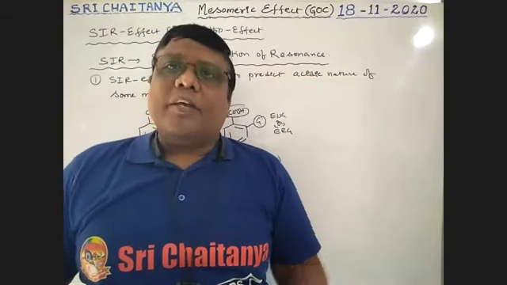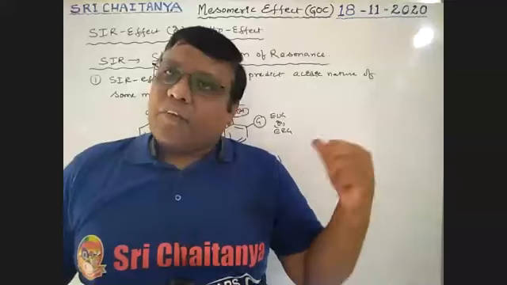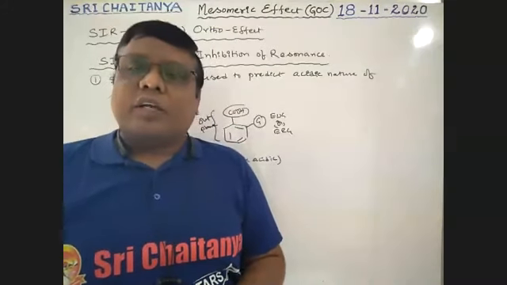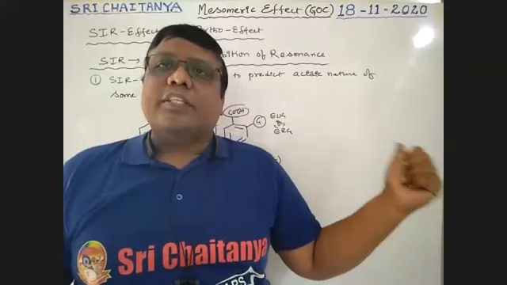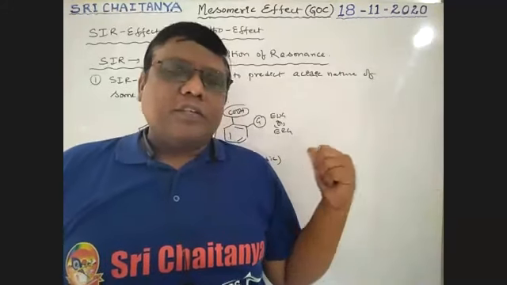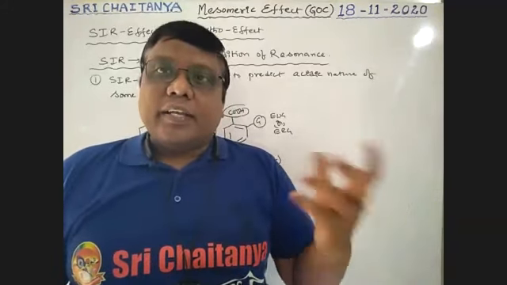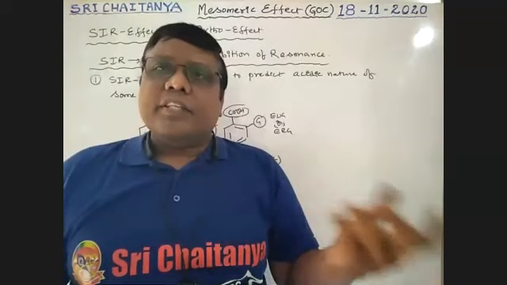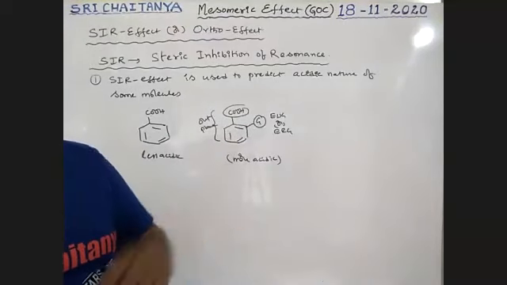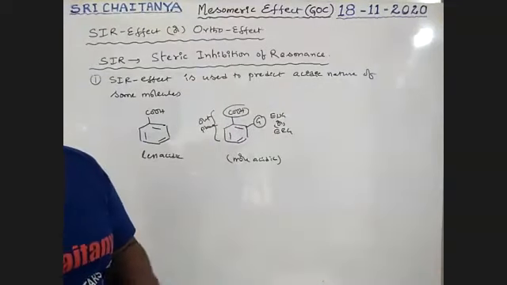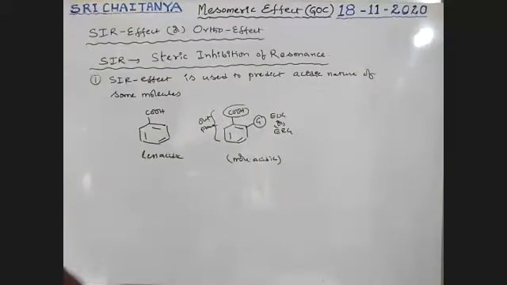Previously also, it was more basic because of the ortho effect. Previously, if the SIR effect is there, the second case is more acidic, more basic than the first case. So the SIR effect increases acidic nature or basic nature, irrespective of the nature of the group, if it is a bulky group, either electron withdrawing or electron releasing. So this is less acidic, this is more acidic. It is the first effect. Second one.